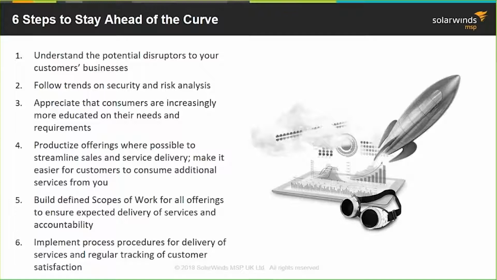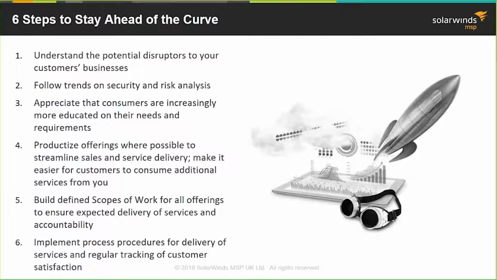But what you need to be able to do is think about the fact that they're more educated. And maybe they're more educated today on managed services, but they're not quite educated on security or virtualization and moving to the cloud and into SaaS-based applications. That could be your foothold into a customer or into a prospect. And that can be stuff that you can utilize to generate value to them on a regular basis and how they evolve their business.